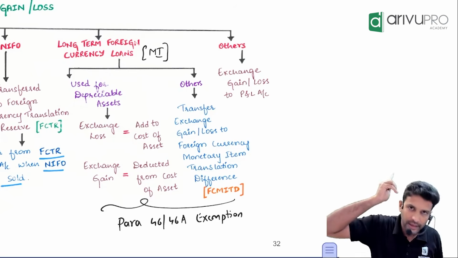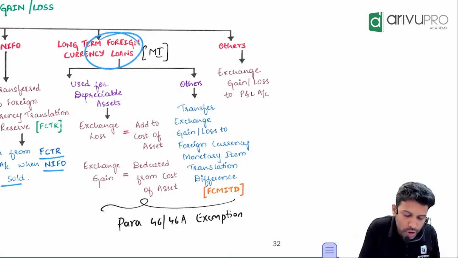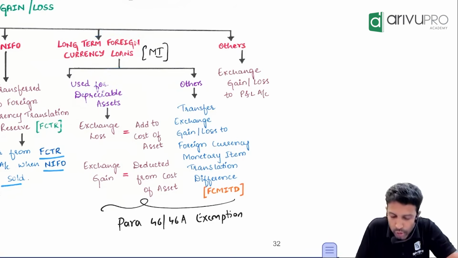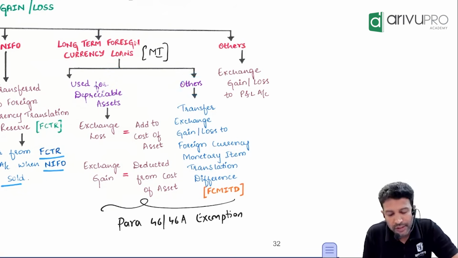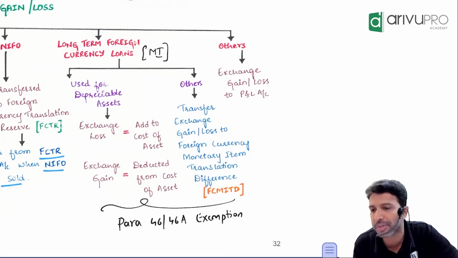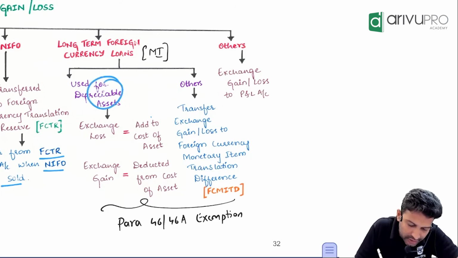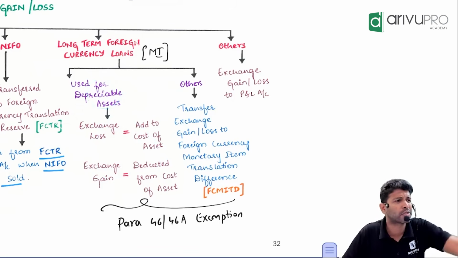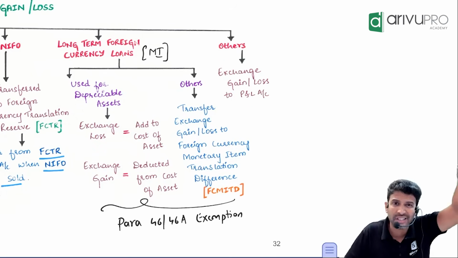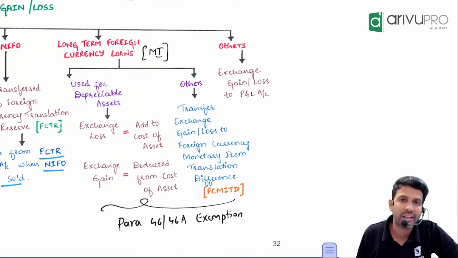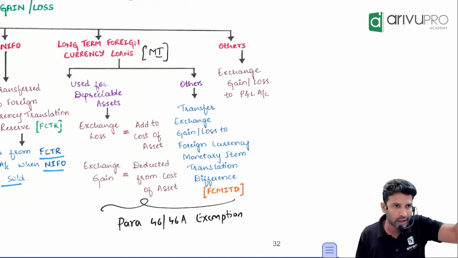Sir, is it necessary that the long-term loan should be used for a depreciable asset, or can it be used for other purposes also? It can be used for other purposes also. If this loan is used to buy land, is land a depreciable asset or not? If it is a depreciable asset, use this treatment. If it is not a depreciable asset, or if it is for working capital purposes, to pay salary or some other purpose, then what AS 11 gives is a choice: all the exchange gain or loss,